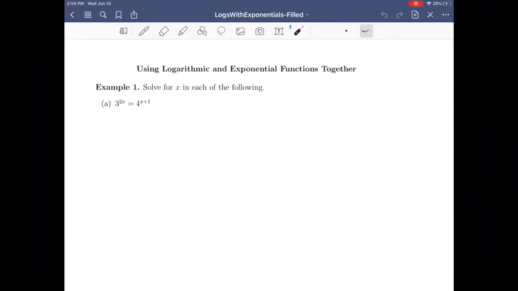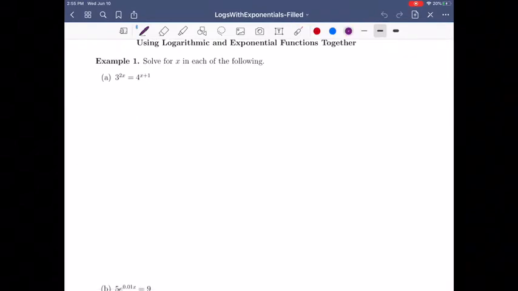In this video, we're going to use the logarithmic functions to work with the exponential functions in a bit more detail. So the first thing we're going to do is try to solve some exponential equations that we couldn't solve before. So for instance, if I had the equation 3 to the 2x is equal to 4 to the x plus 1,